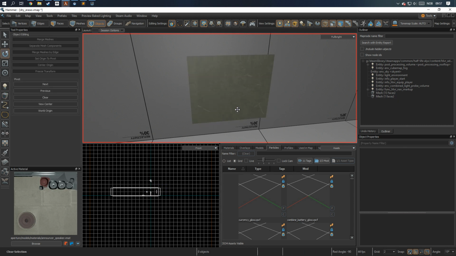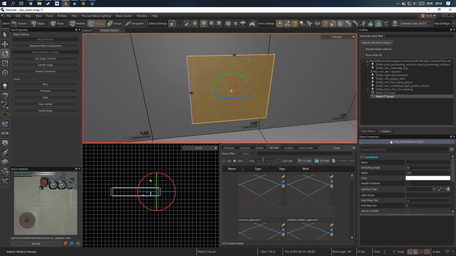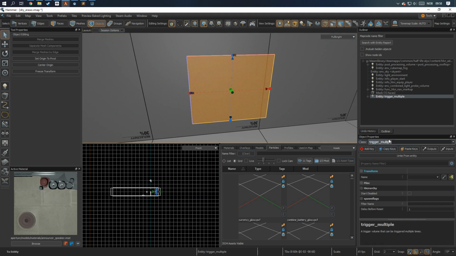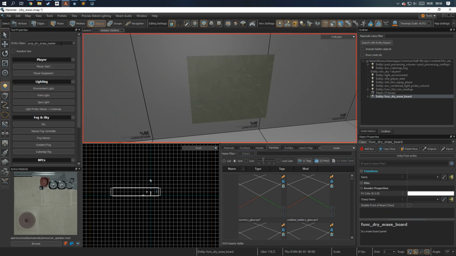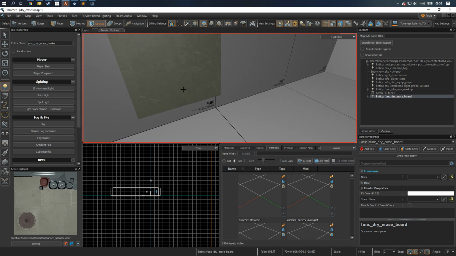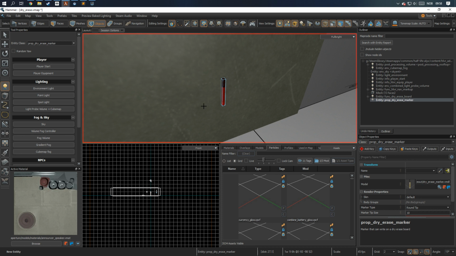You can change the texture to be some transparent texture, for example, or some whiteboard texture. It's completely up to you. Simply tie the selected mesh to an entity and make it a func dry erase board, and you're done. Next, we need something to actually draw with, so simply create a prop dry erase marker, simply place it in,